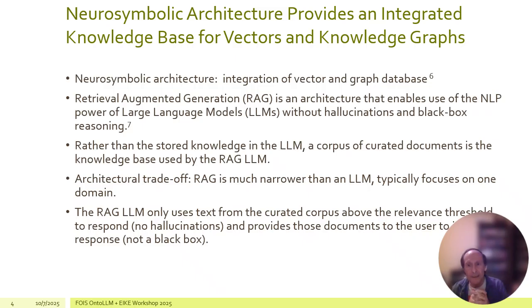And the most common type of architecture right now that is built with neurosymbolic architectures is Retrieval Augmented Generation, or RAG. So RAG is an architecture that enables you to still use the natural language processing power of large language models, but it avoids the two biggest problems with LLMs, which are hallucinations and black box reasoning. And the way RAG avoids both of these is by using explicit knowledge representation,